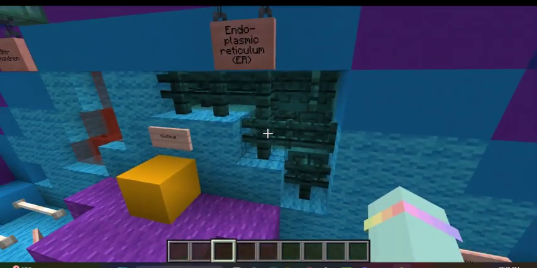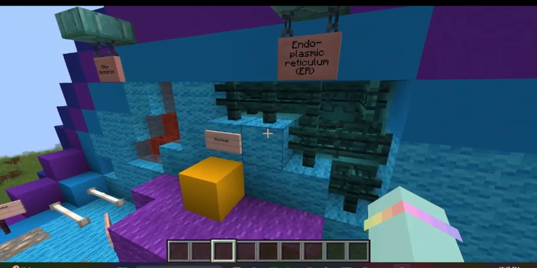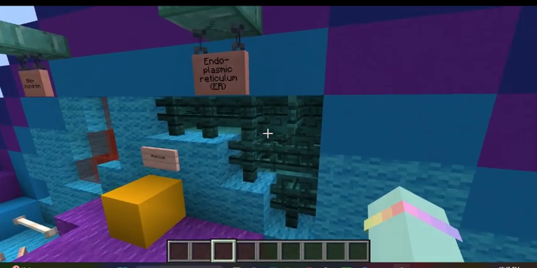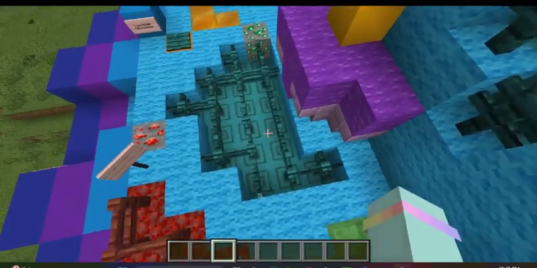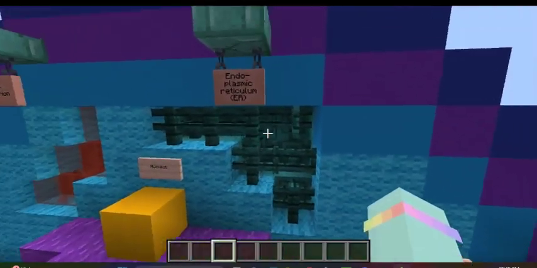So the primary function of the RER is protein synthesis. So the ribosomes on its surface synthesize the proteins, which are then translocated into the interior of the RER for further processing and modification. So within this, we have the proteins that undergo post-translational modifications, such as folding, glycosylation,